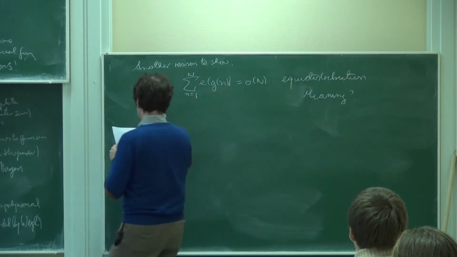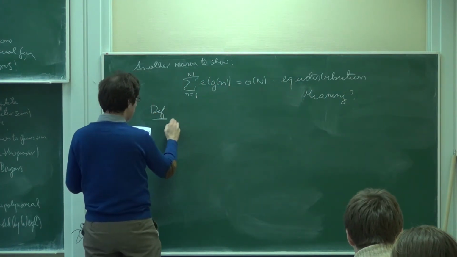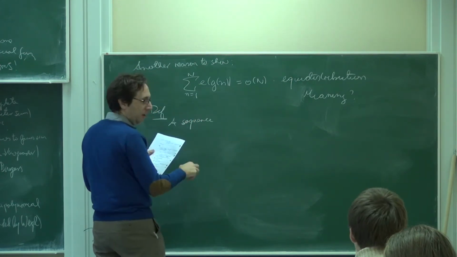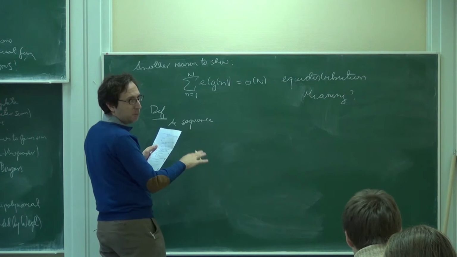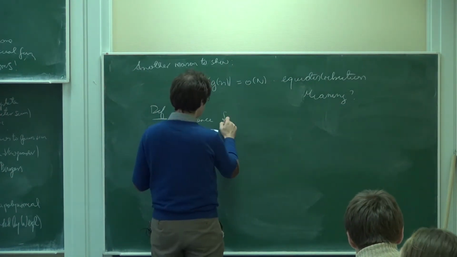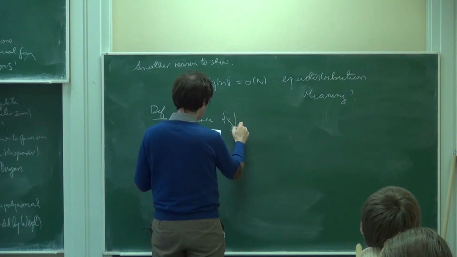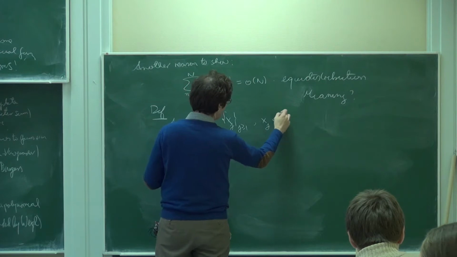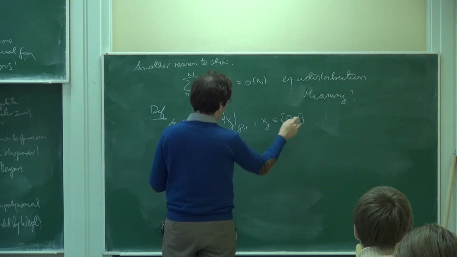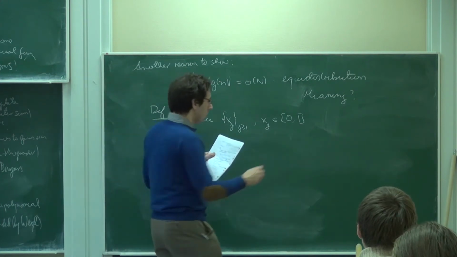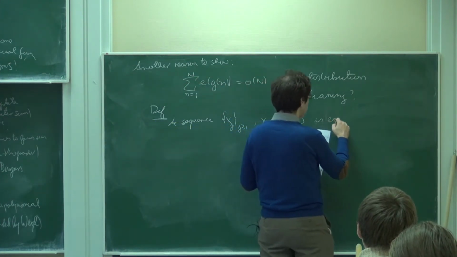So a sequence. Let me give you a definition. It's a definition that some of you will like and some will not like, but right after that I will prove that it's equivalent to a definition you might like better. So you have an infinite sequence. It could be on anything, but let us say that it's on the interval [0,1], or in R modulo Z, which is almost the same thing. This sequence is said to be equidistributed